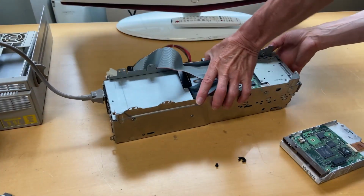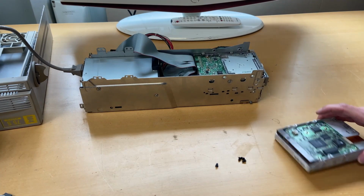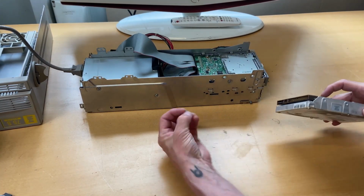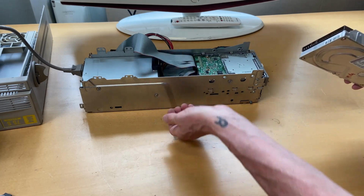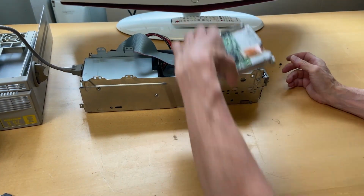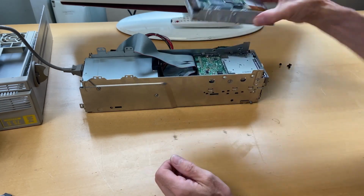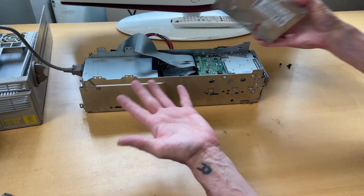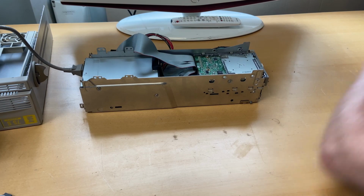So the floppy drive is back in, screwed in with 4 screws. I decided not to put in the hard disk yet, but I have found 4 screws. They're actually original Olivetti black screws, so that's good. But I won't mount it until we have tested whether or not it actually works, because it's very difficult to get in, so I'll just leave it out while we're testing. So moving all this a little bit away,